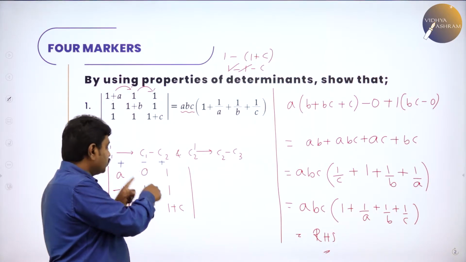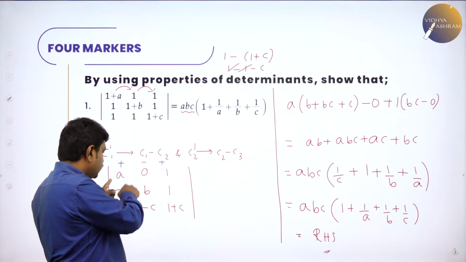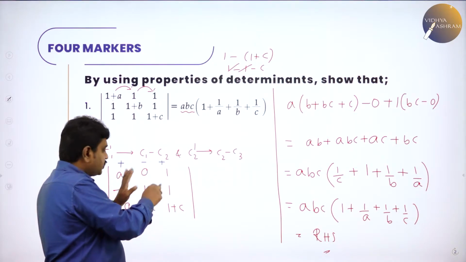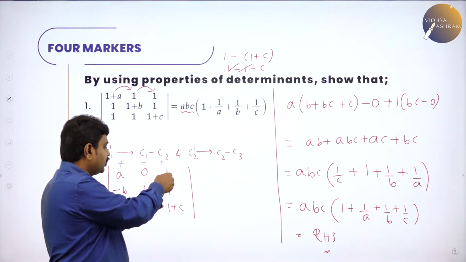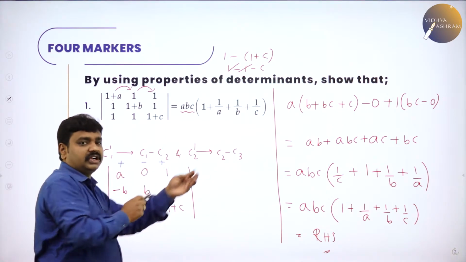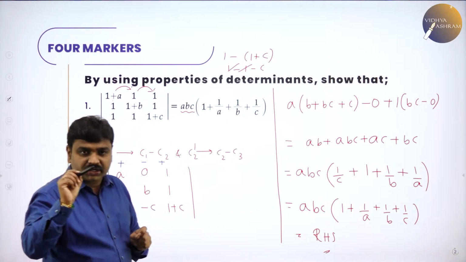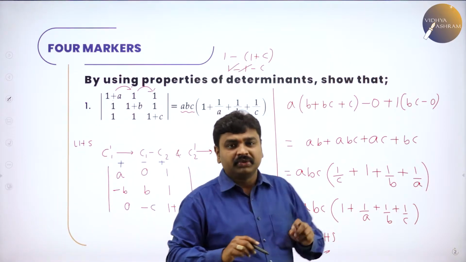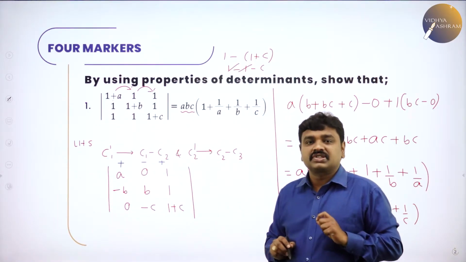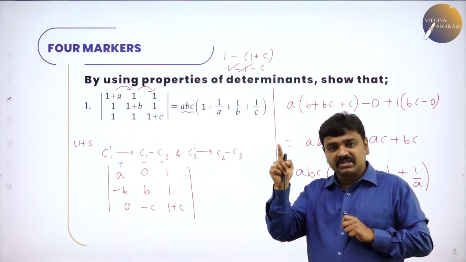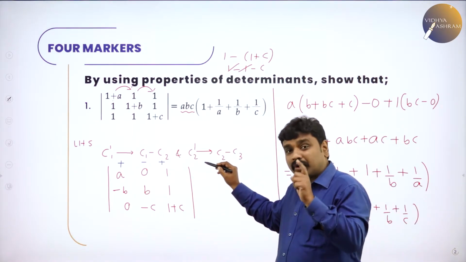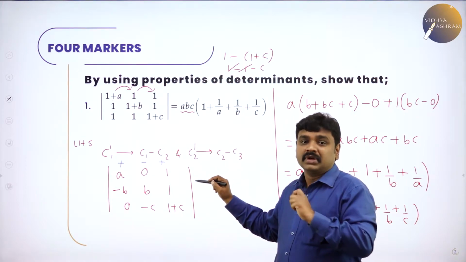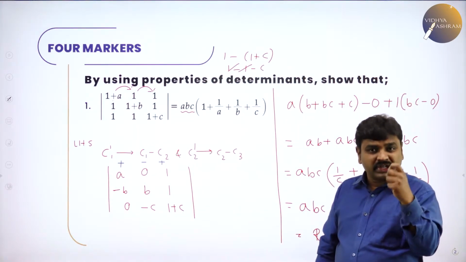to the third element. So first element, delete the a into, delete the column and row, expand this. Second element don't touch it because 0 into anything is 0, directly plus 1 into, delete the row and column and expand it, you will get it. I hope all of you understood this. One of the important problems. So remember, what is the first transformation? Column 1 is column 1 minus column 2, column 2 is column 2 minus column 3, makes the process simpler and faster. Do we have to use only this transformation?